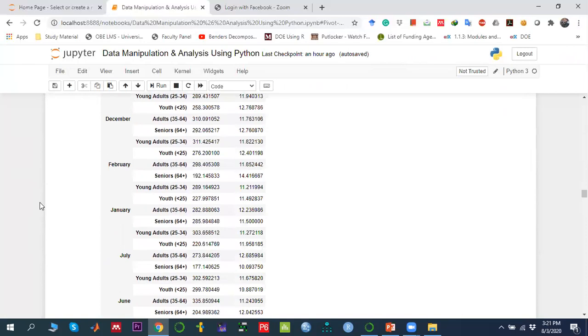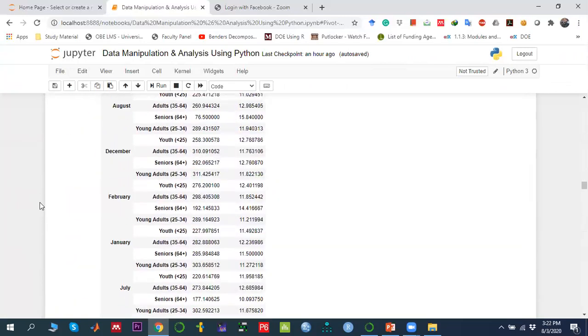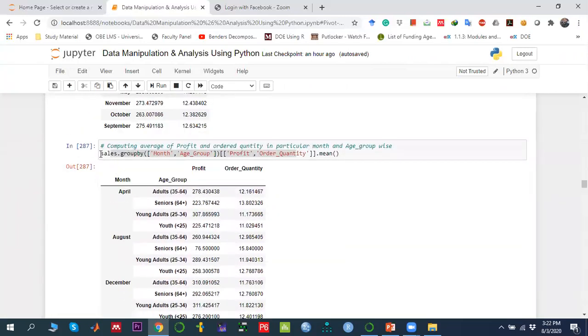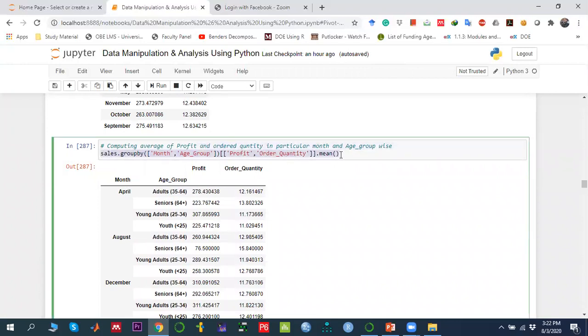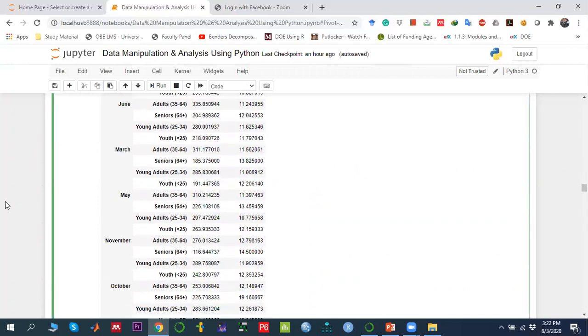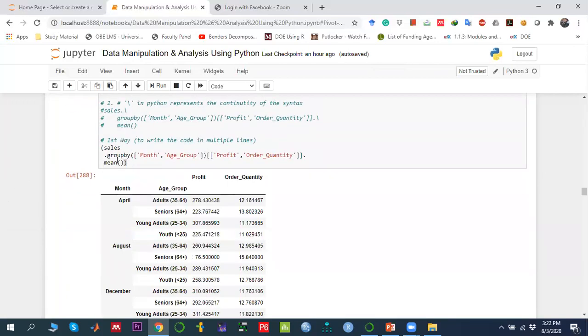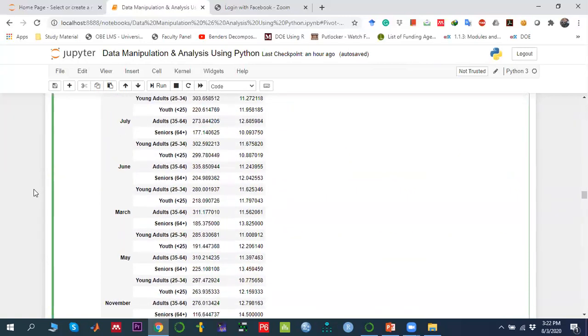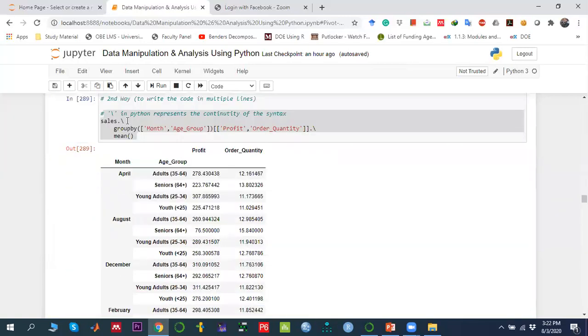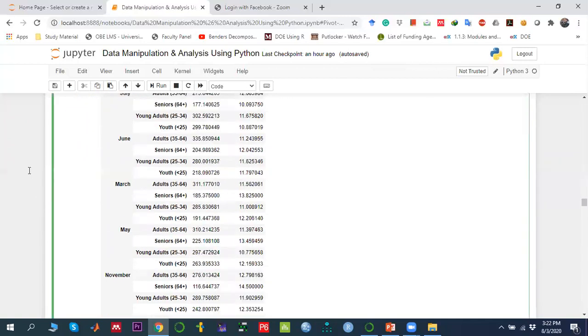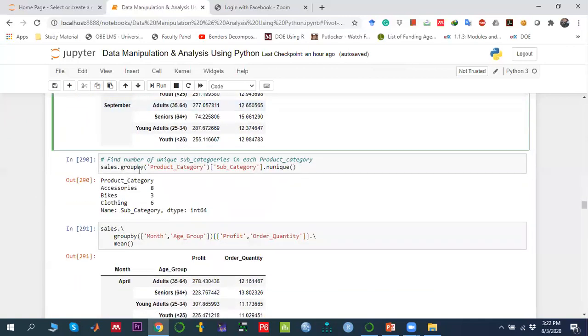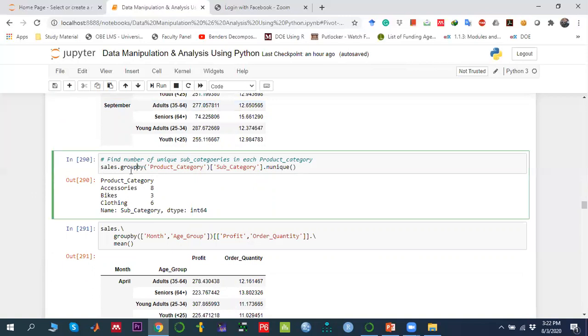So this is the same line of code which we have run over here, right? This one. Over here we wrote it in a single line, but there are two ways to write it in multiple lines. Either you can start your code with small brackets, or you can use backslash lines, right? Okay, so the next thing is, let's say I want to see the unique entries